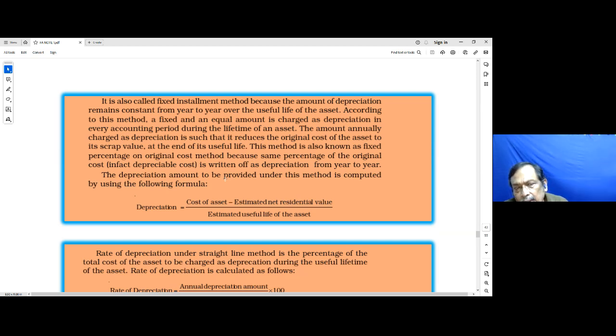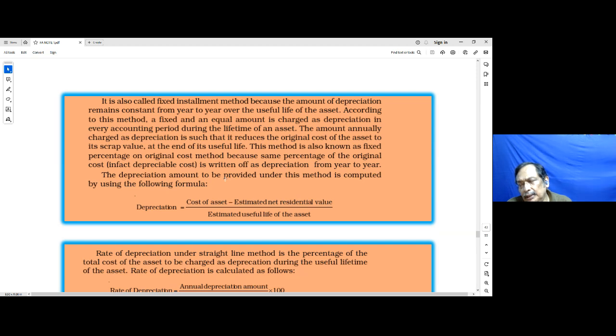According to this method, a fixed and an equal amount is charged as depreciation in every accounting period during the lifetime of an asset. So the depreciation amount being the same, the amount annually charged as depreciation is such that it reduces the original cost of the asset to its scrap value. Scrap value means